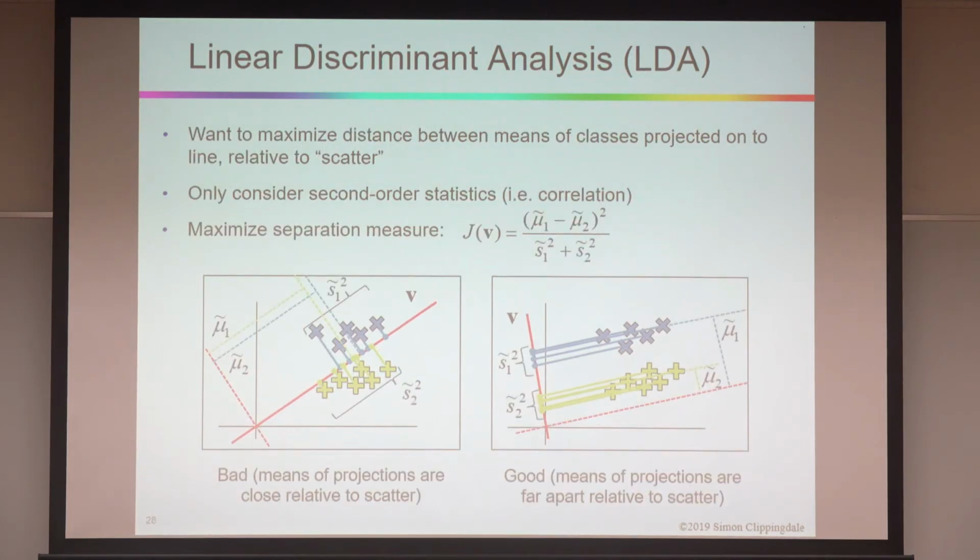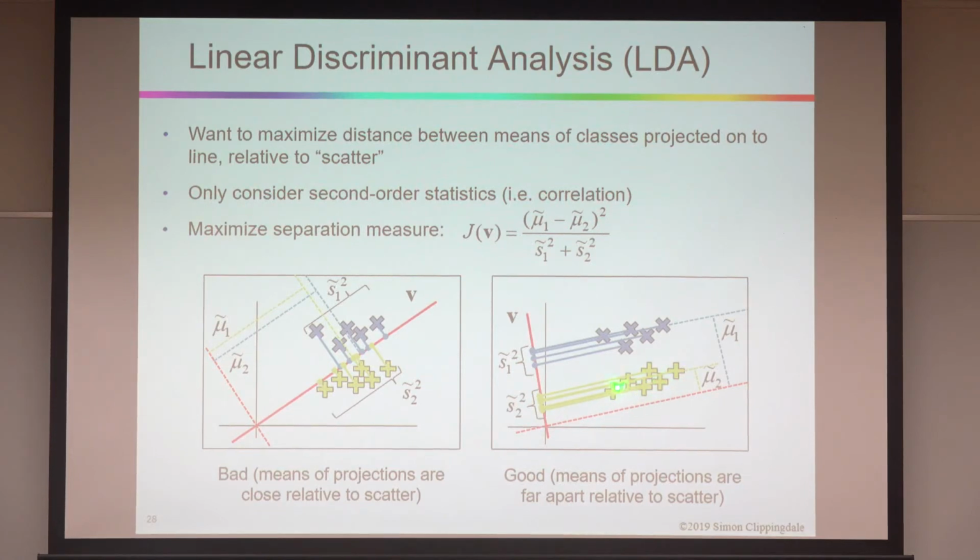And it turns out that you can formalize this mathematically. You only need to worry about second-order statistics, the correlation, and we maximize this fraction here, which is mu1 and mu2 here are the projected means of each of the classes. So